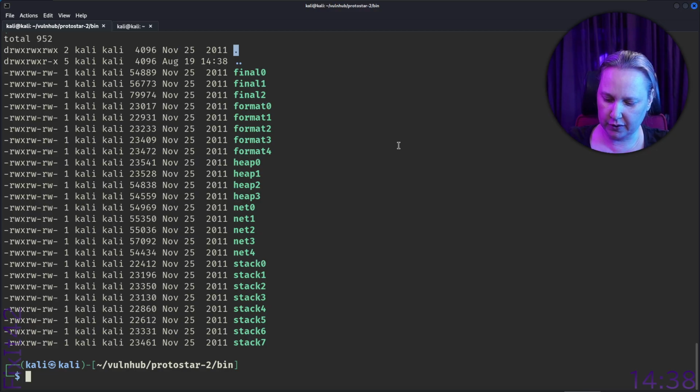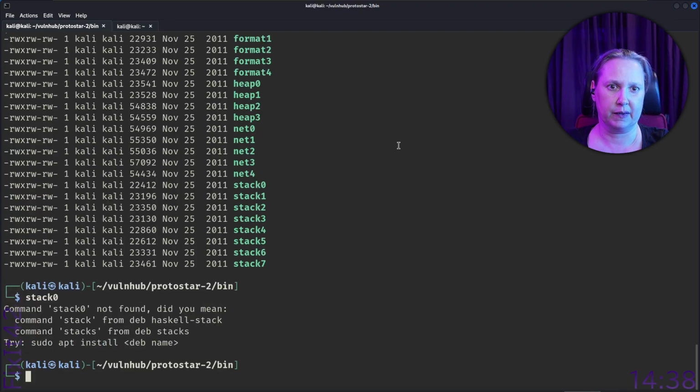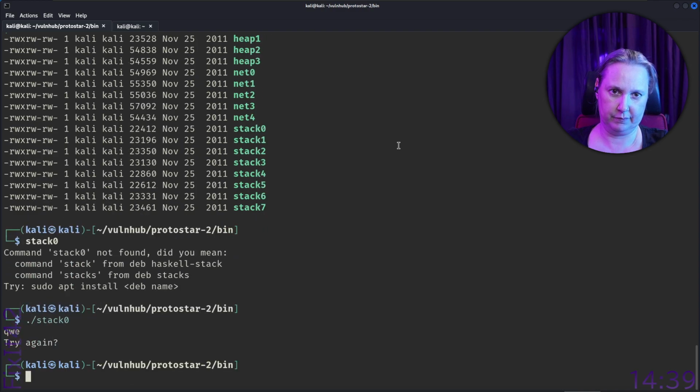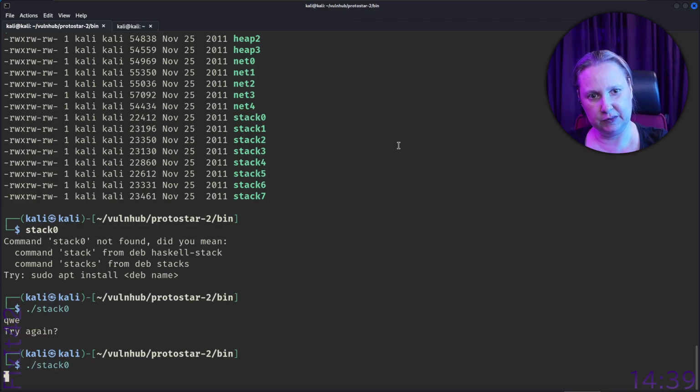So stack 0. Now we can actually use this. This is nice. Oh. So, since I don't remember what this is supposed to do, well, we can just run it again.